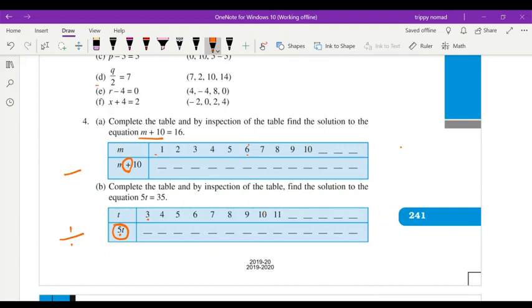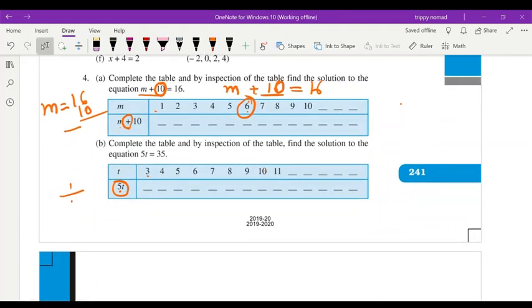अब यहाँ पे एक फटाफट हम कैसे निकाल सकते हैं? देखो, m plus 10 है is equal to 16. अब आप क्या कर दो, 10 को माइनस कर दो, 16 माइनस 10, तो व्हाट विल यू गेट? 6 आंसर. तो इसका मतलब m की वैल्यू क्या आनी चाहिए? 6. दिस इज अ वे टू फाइंड quick values.